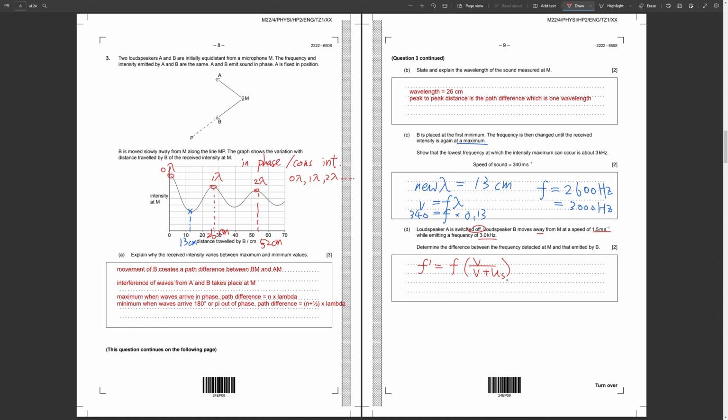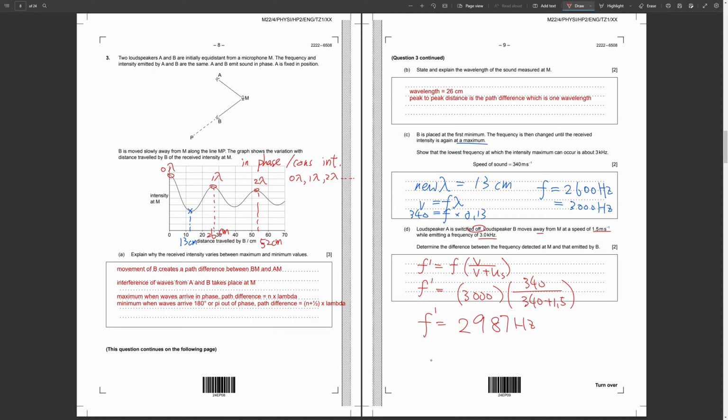Us stands for the speed of the source. V is the speed of the wave. F prime is the target here. Leave it unknown. F is the emitted frequency, which was 3000. Speed of wave is 340. And the speed of the source, it was 1.5. Just put these into your calculator, then you will get